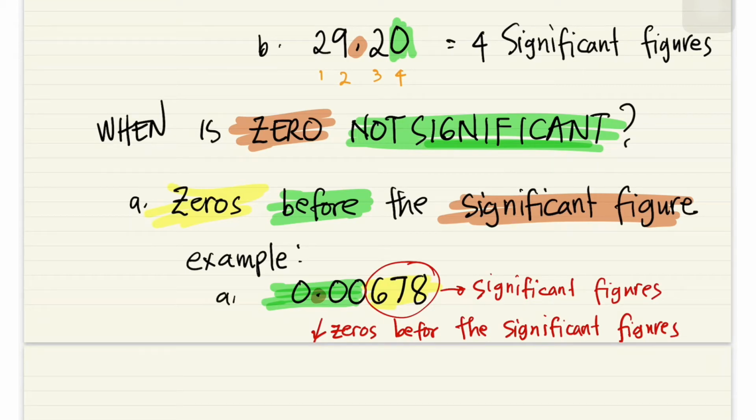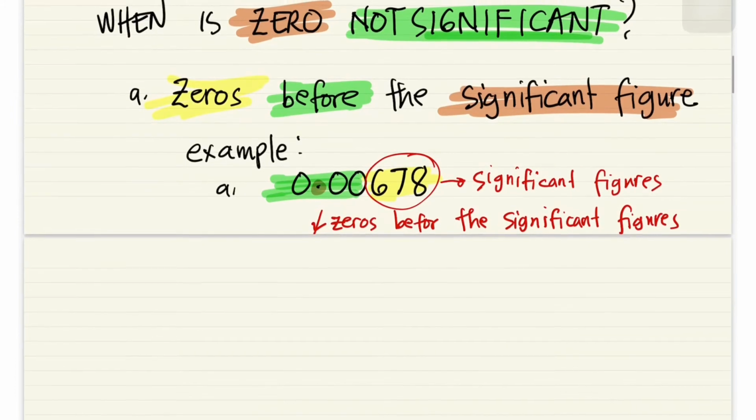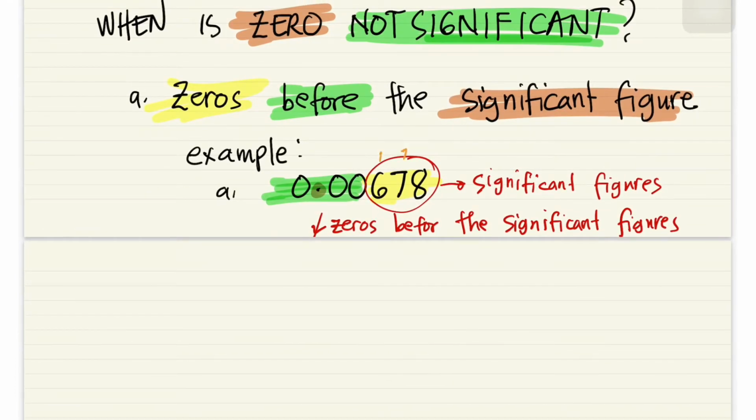Now since that is significant, when we count it, we count it as 1, 2, 3. We're not going to include the 0, so there are 3 significant